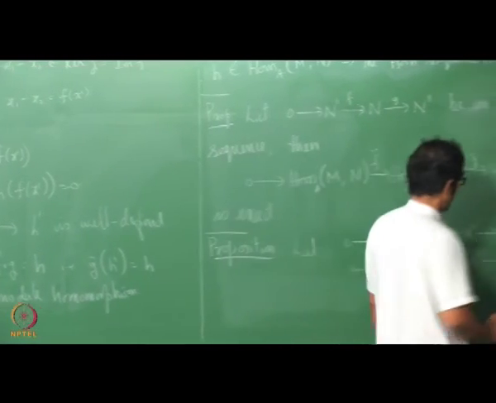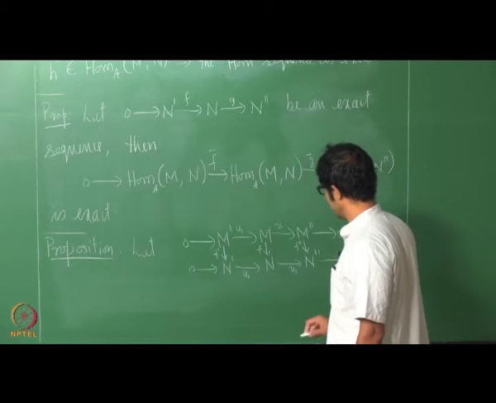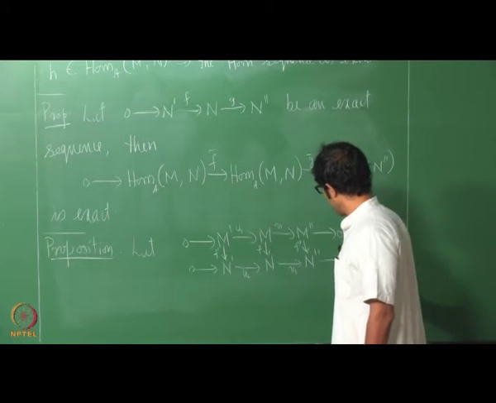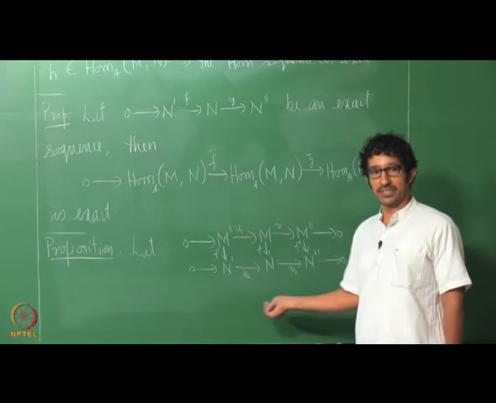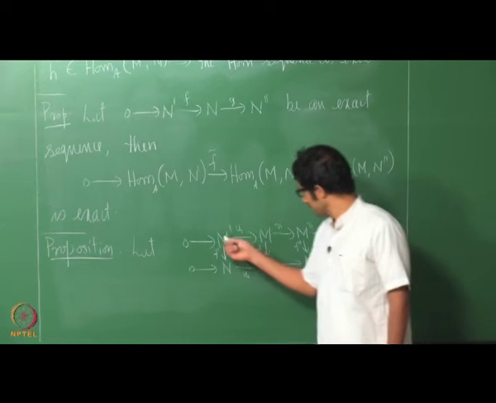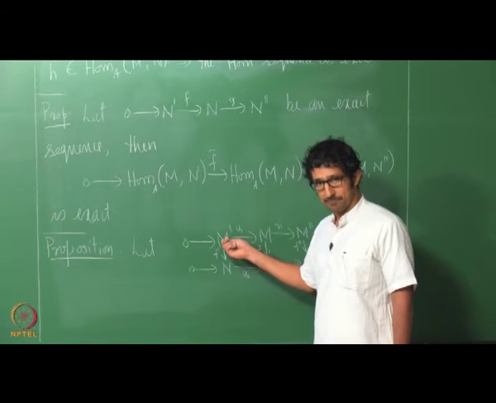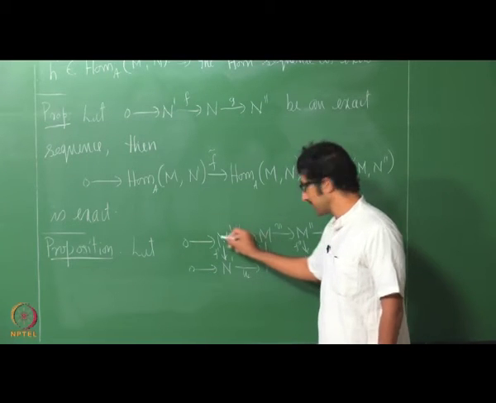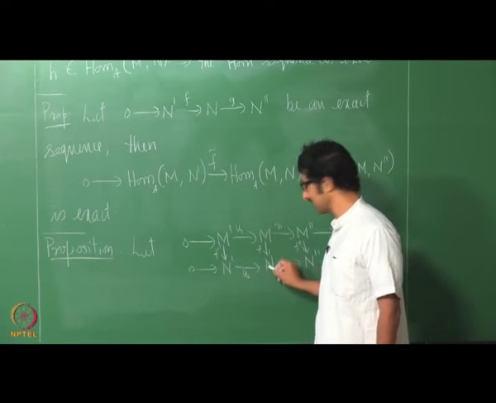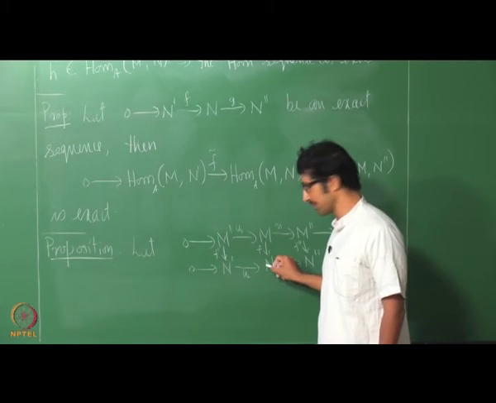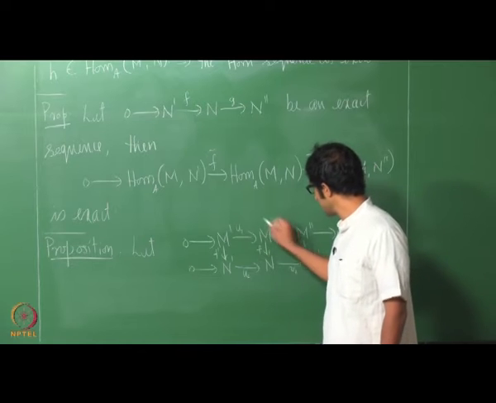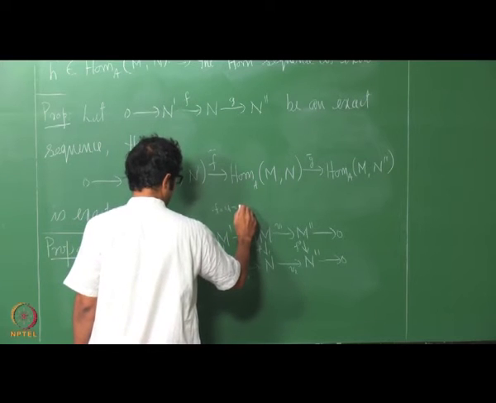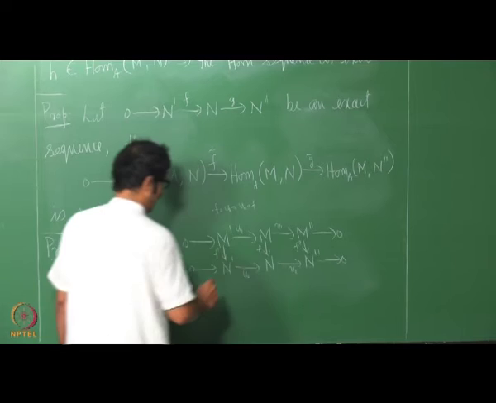When you have a diagram of module homomorphisms like this, we say this is a commutative diagram if for any element here, you can reach here in two ways. One is first come here and then come here, or another way is coming here and coming here, both are the same. This is said to be commutative if f composite u1 is the same as u2 composite f prime,